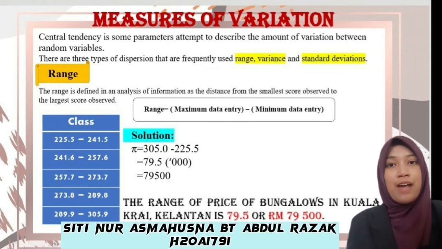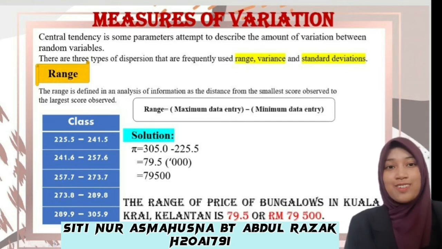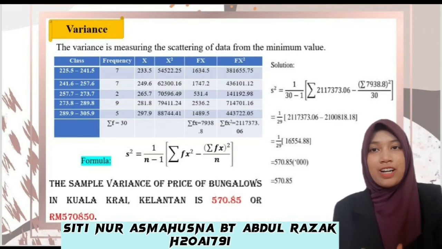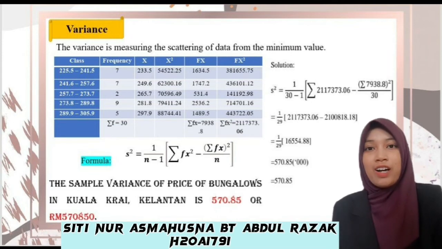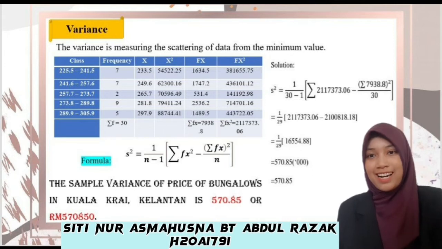Okay, so in the slide we can see the solution of the range, which is we get the range of price of bungalow in Kuala Krai, Kelantan is 79500. Now I will explain about the variance. The variance is measuring the scattering of data from the minimum value. At the slide we can see the formula of variance, and the solution of variance is we can get the sample variance of price of bungalow in Kuala Krai, Kelantan is